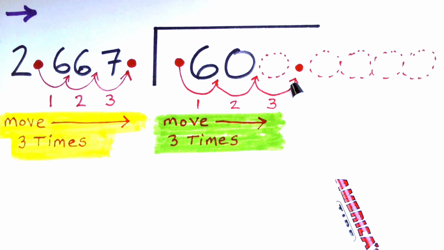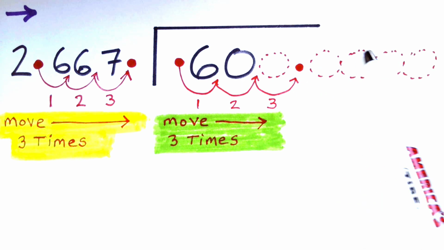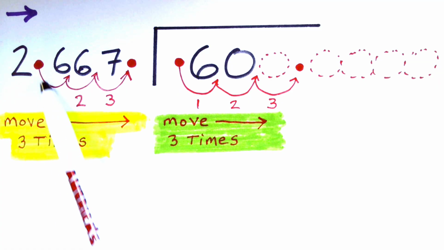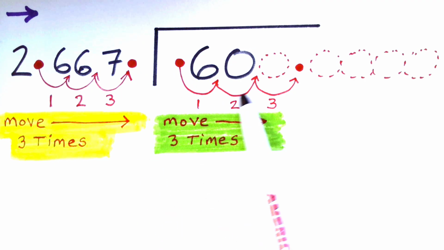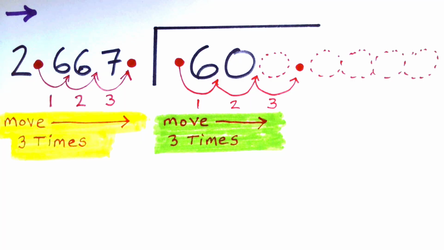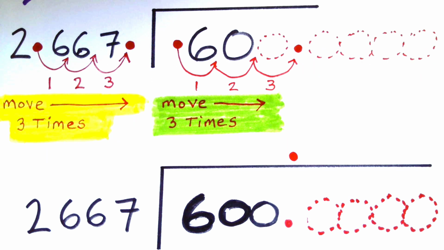Later, I'm going to write that 0 in, and then have a decimal to the right of that 0. To the right of the decimal, we're going to put as many zeros as you have to in order to answer this question. So again, I move the decimal outside the divisor bar 3 times. That means I have to move the decimal inside the divisor bar 3 times as well before I can start to divide. Here below you can see 600 decimal point. Raise that decimal point right above that divisor bar. Make as many zeros as you have to the right in order to complete the problem. Divided by